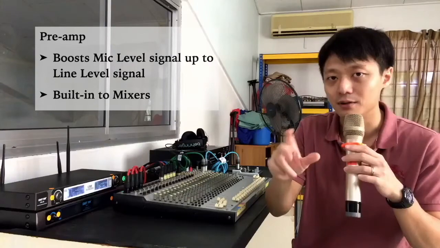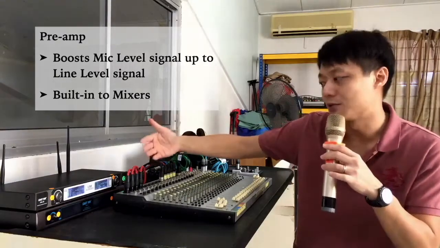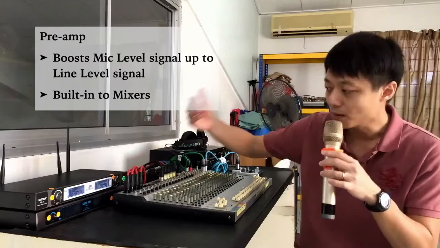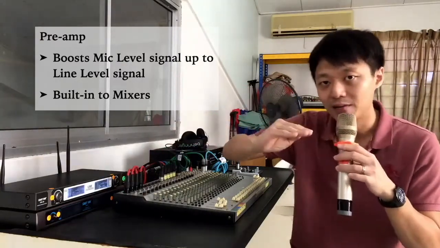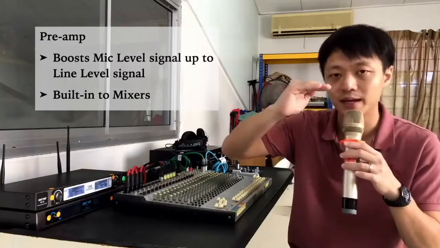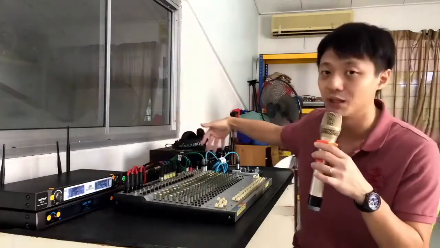So all these mixers have preamps on board, built in. So the preamp will boost up the mic signal from mic level to line level. So now your mic will be at line level, so that it can be mixed together with the other sources,